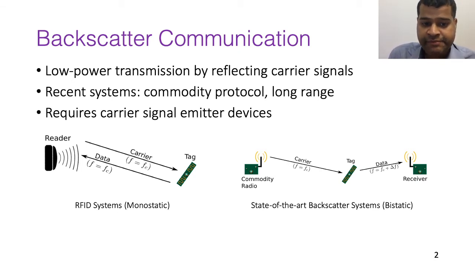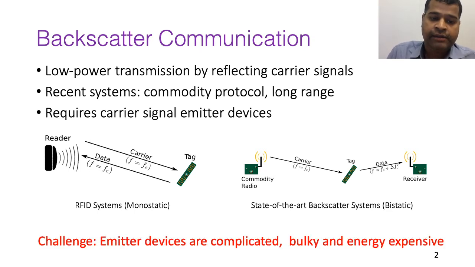Many of the recent systems use a bistatic configuration where the carrier generation and the reception are decoupled and given to separate devices which are separated in space. In this condition, the emitter device is usually a smartphone or Wi-Fi router, all of which are again powerful devices which are externally powered. And we believe this is a key challenge that actually limits backscatter communication and its application, because these emitter devices are complicated, bulky, and energy expensive, and they often need to be co-located with the